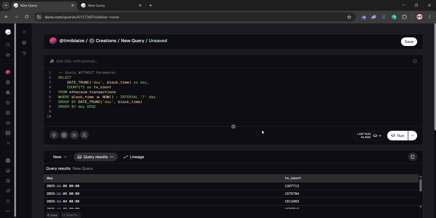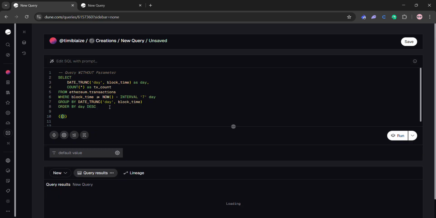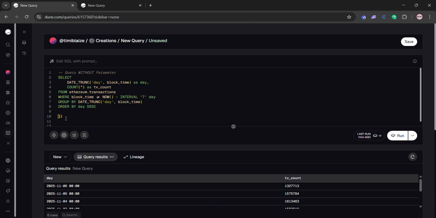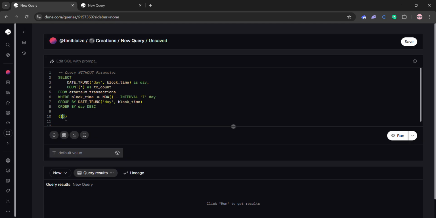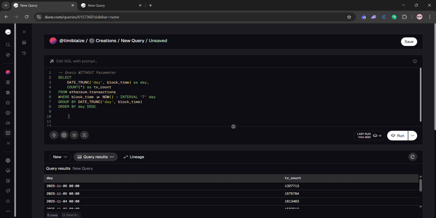To create a parameter in Dune, you need to understand that you use something called double curly braces. So pay attention: you use double curly braces when you want to create a parameter on Dune. Since we are trying to create a parameter around the number of days to filter when we get our data from Dune,